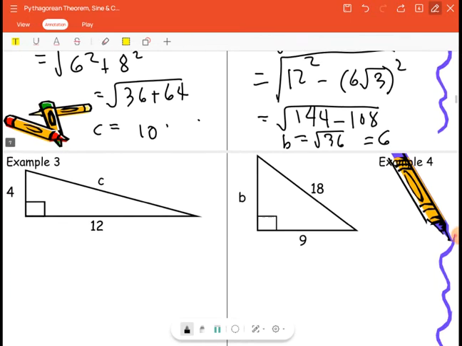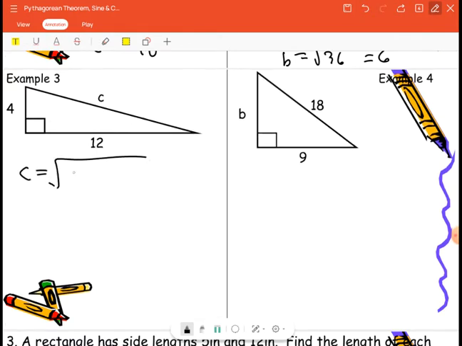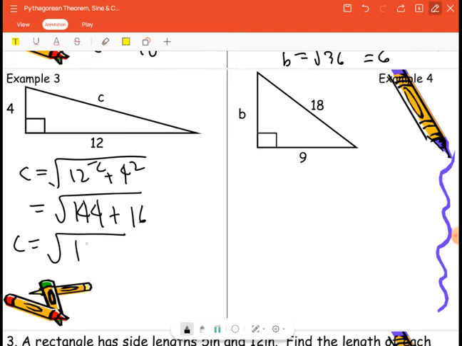For example number 3, same lamang-laman siya ng number 1. That is equal to the square root of 12 squared plus 4 squared, which is 144 plus 16. And C is equal to the square root of 160. The square root of 160 is equal to